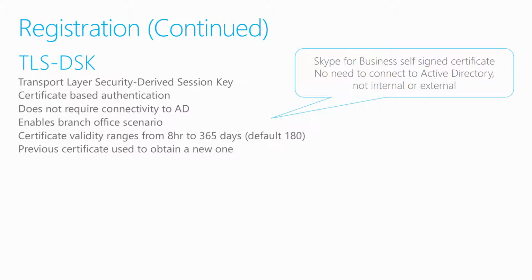What we are doing here is that the Skype for Business server or service will create a certificate specifically for Skype for Business and will send that to the user. And then every time the user wants to sign in, the user can use that certificate to sign in again against Skype for Business. Only Skype for Business will trust this certificate, and there's no way to use your own PKI infrastructure. So it is something that exists within Skype for Business, and it was introduced to enable branch office